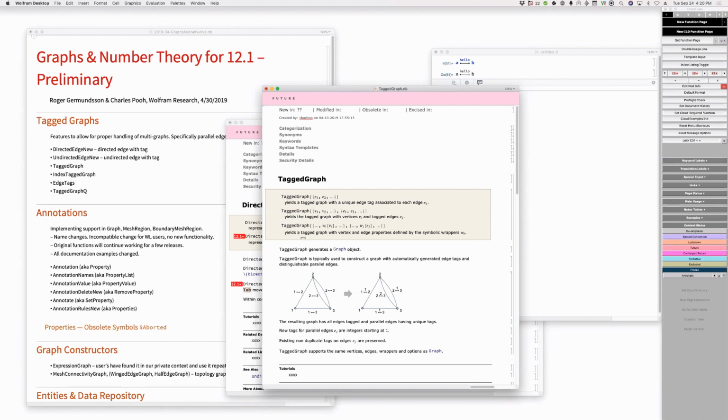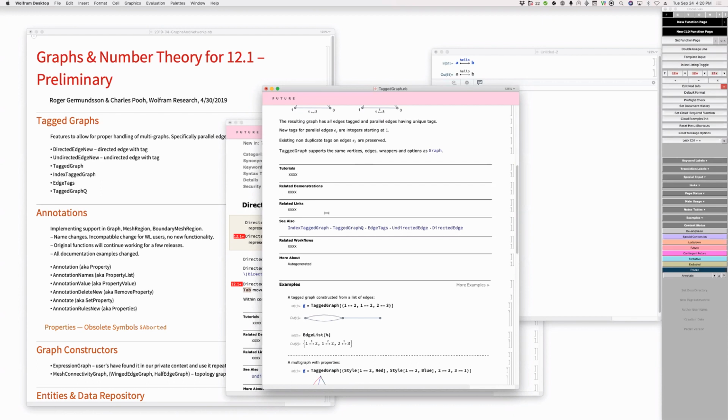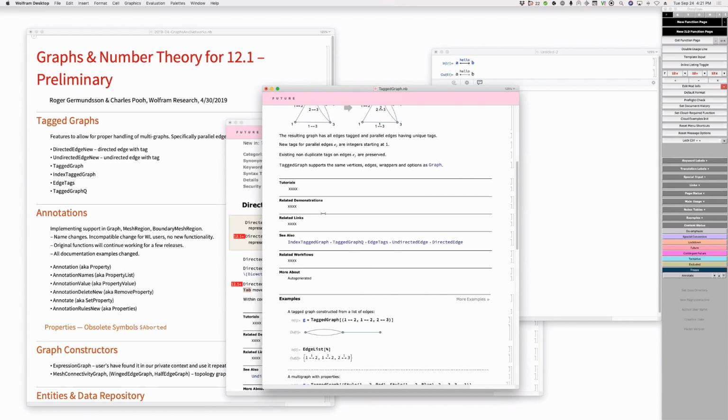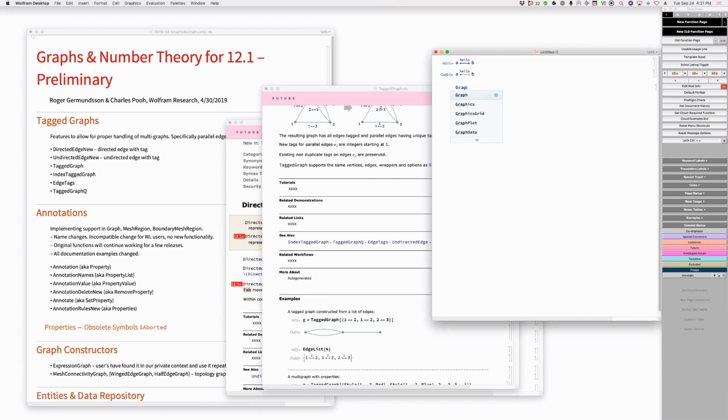So why not allow the possibility in a tagged graph of giving it a second argument, or maybe a different argument, that labels, like for example in this case? I don't understand that first usage there. So the first usage essentially does that automatically for you by assigning a tag from 1 to some number. But how do you label, usually, if I say graph,